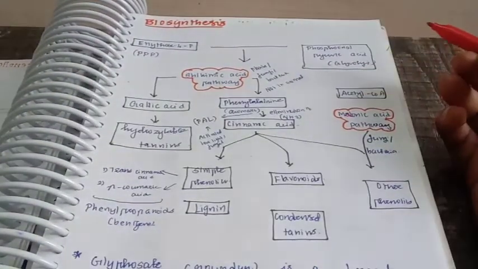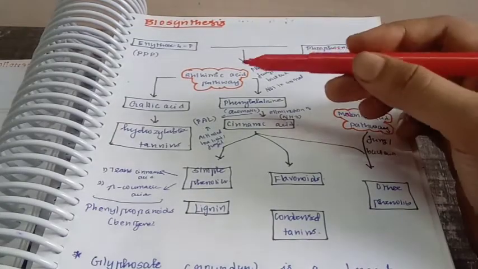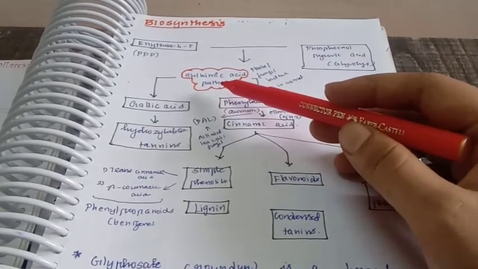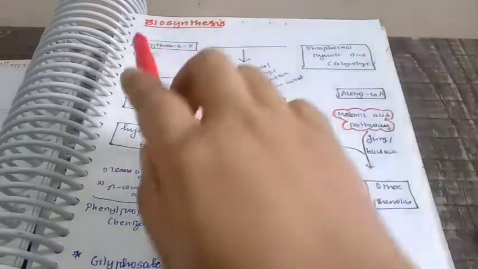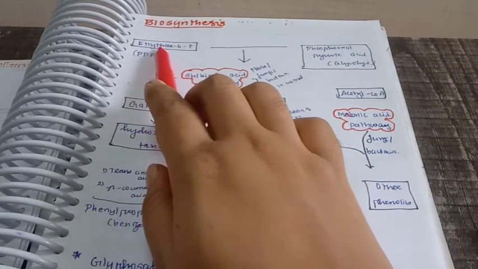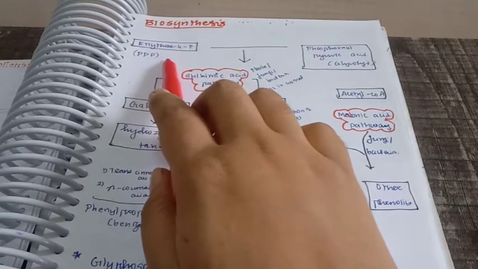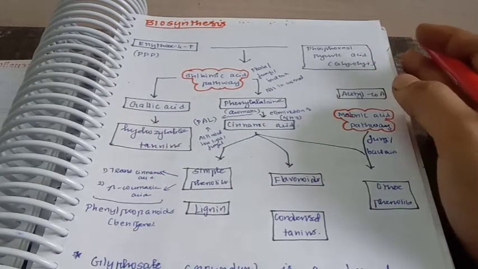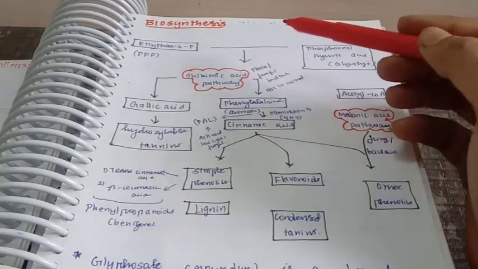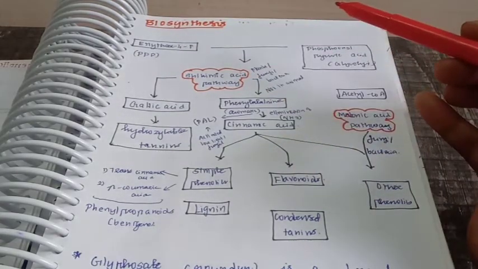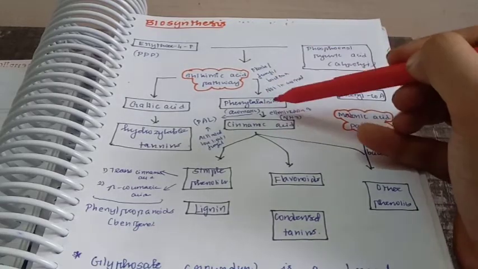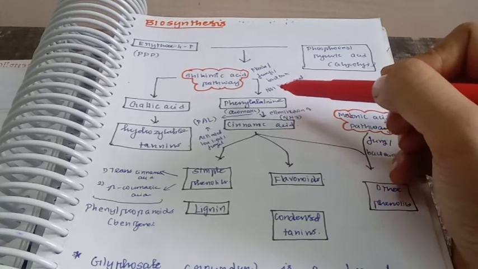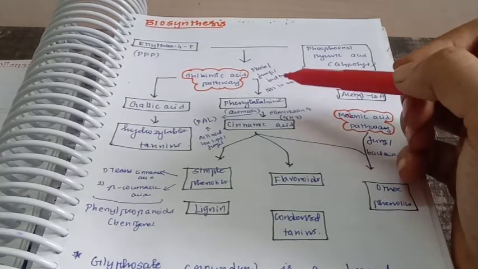So first we'll study about the shikimic acid pathway. The shikimic acid pathway will convert simple carbohydrate precursors. If you take your pentose pathway, erythrose 4-phosphate is present in it, and in your glycolysis, phosphoenolpyruvate is produced. So this shikimic acid pathway will convert these two important carbohydrate precursors to produce an aromatic amino acid, that is your phenylalanine. So phenylalanine is an important precursor produced by this shikimic acid pathway.